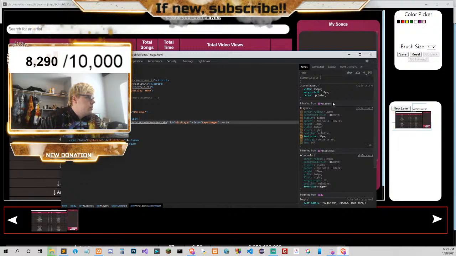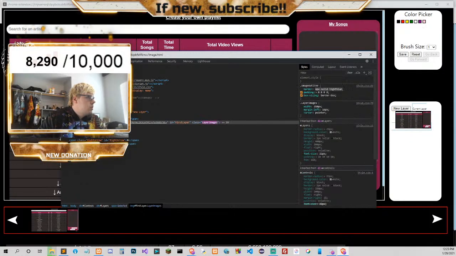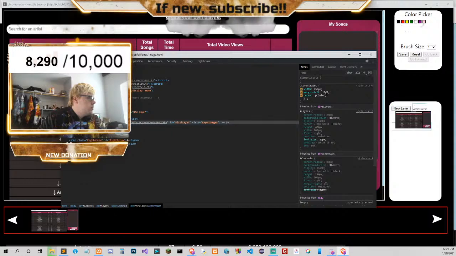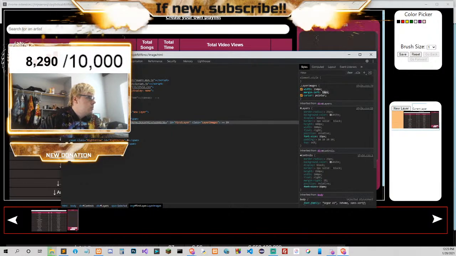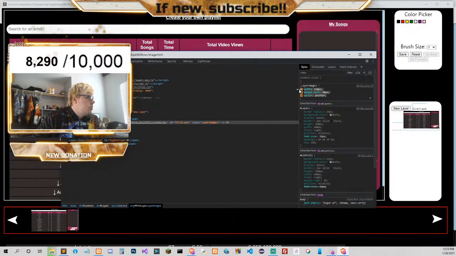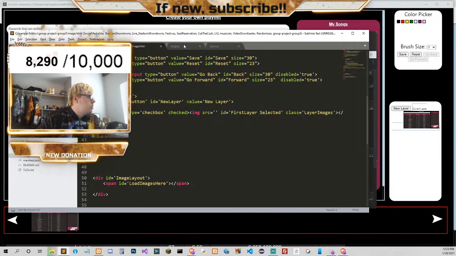Alright, 150 pixels looks good. I don't know what else we need to do. I think maybe this needs to be. So let me check that.